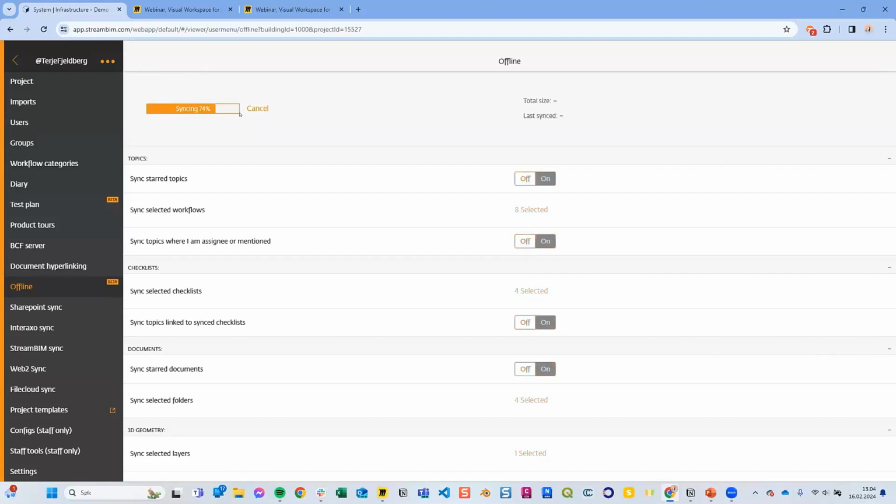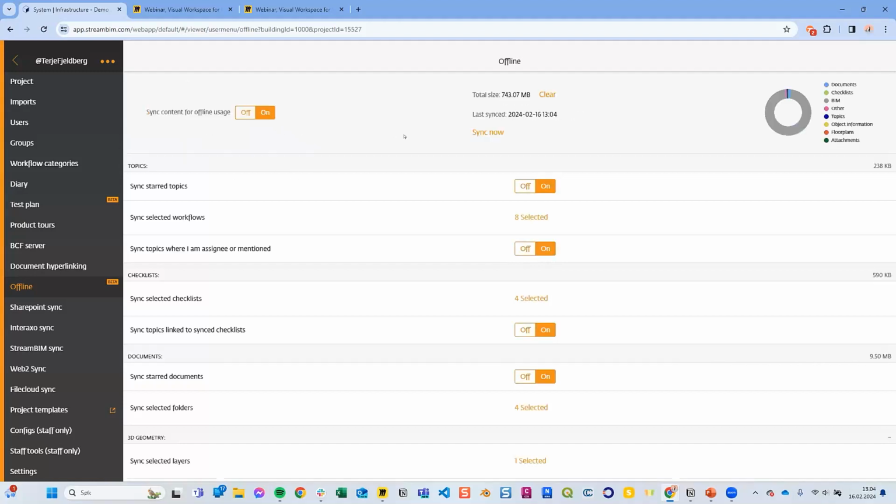It will start syncing it here. So that makes you able to work both in online mode and offline mode. And when you come back online, you will synchronize all the work you've done offline, and also the other way around. So everything that has happened online will be synced down to your device based on this setup here.